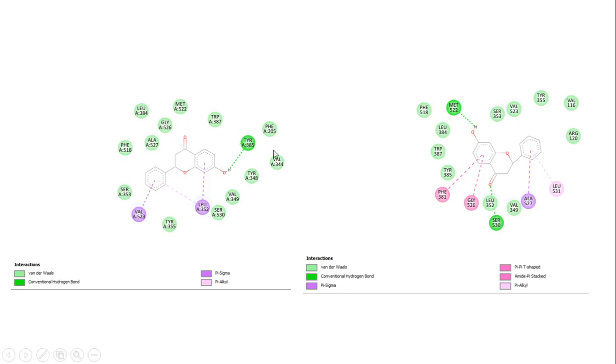You can start by saying, in the molecular docking result, tyrosine 385 was found to be in hydrogen bonding distance from the hydroxyl group of the ligand, but during the subsequent MD simulation this tyrosine 385 hydrogen bond was found to be transient. Instead, the ligand oriented itself in the active site of the protein and formed a very stable hydrogen bond with methionine 522 and serine 530,